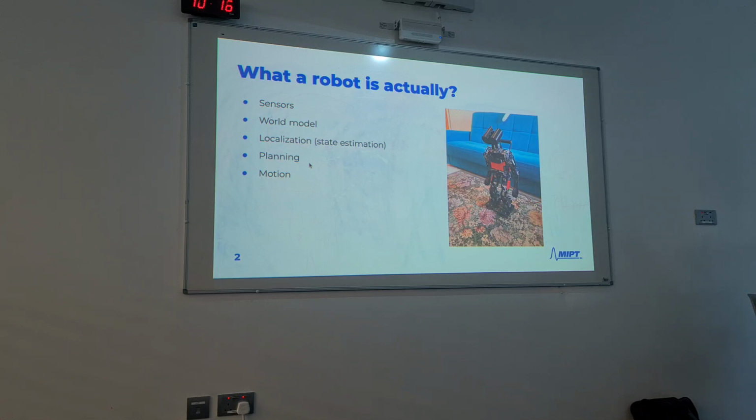The next part is the planning. So after we have understood where we are, after we know the geometrical positions of everything, we can start planning ahead. And the last part, finally, is symmetric to the sensors in a way, because sensors are measuring the world and motion is acting in the world. And now we're going to talk about motion. So it is equally important to the sensors, I would say,